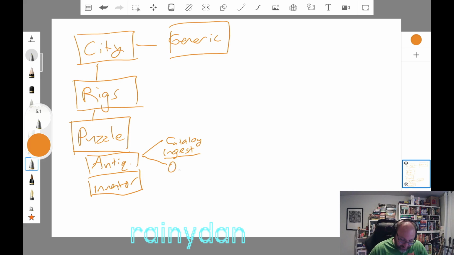And then you could also say that there's maybe an oracle, that after you've ingested something into the catalog, you should want to go and ask questions about what's in the catalog or find patterns, that kind of thing. Still getting the hang of all these controls. The Inventor is very similar. The Inventor wants to design things and revise them. So taking an initial cut is subtly different from revising. We found that out the other day when we tried to get the Inventor to update a design based on